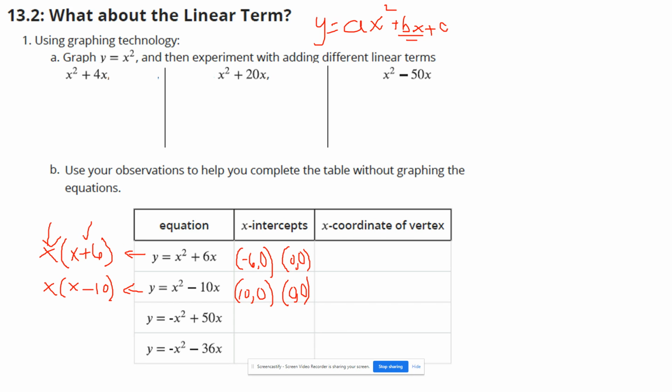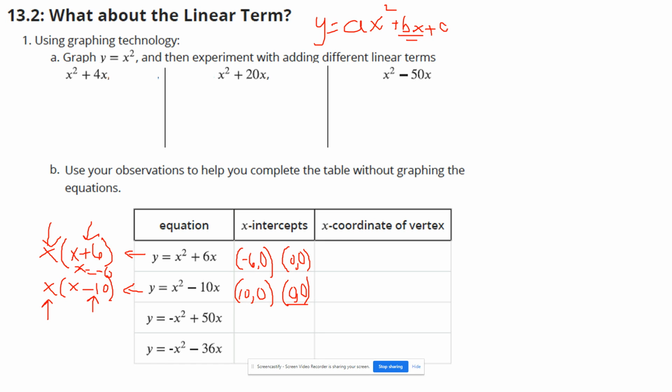And if you notice here, this x will give us the x-intercept of 0, 0, and this x minus 10 will give us the x-intercept of 10, comma 0. If you haven't noticed already, basically, once we have it in factored form, all you have to do is flip the sign of the number inside of the parentheses, and once you do that, that would give you your